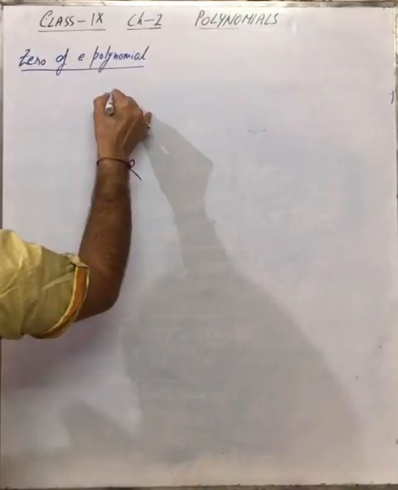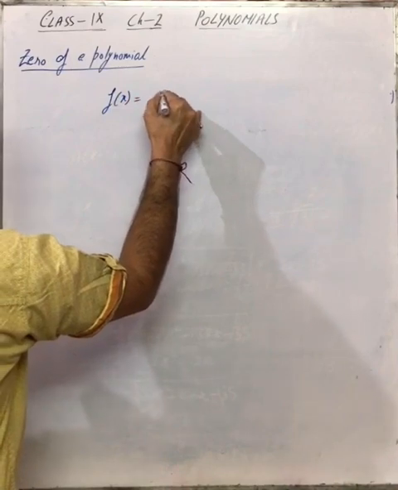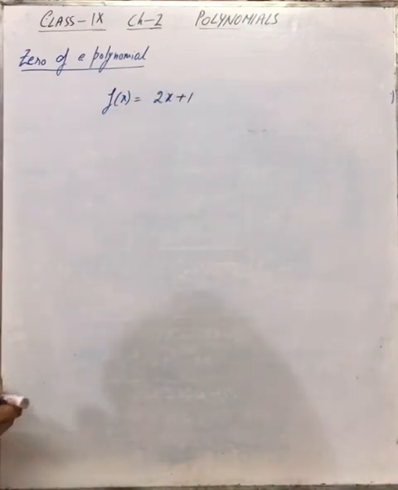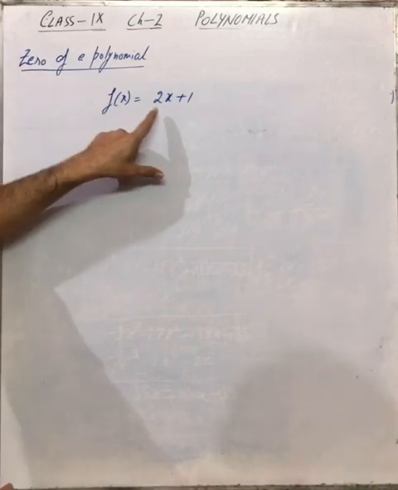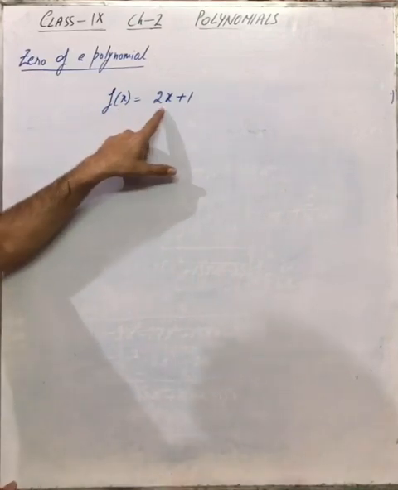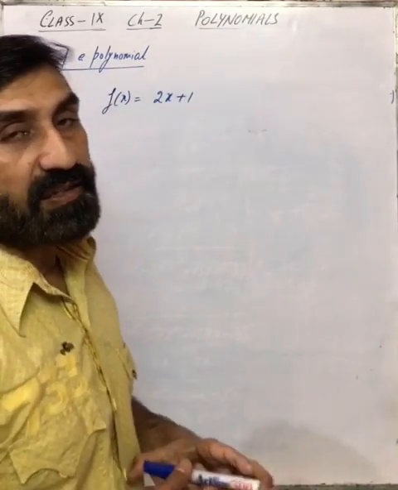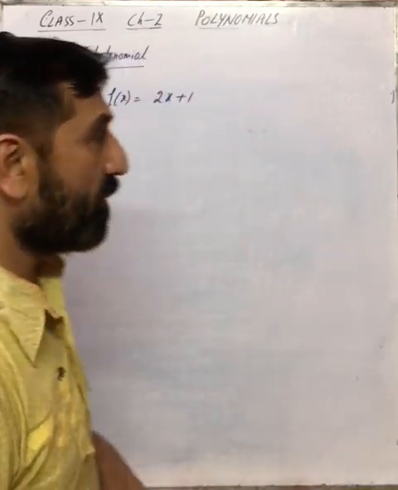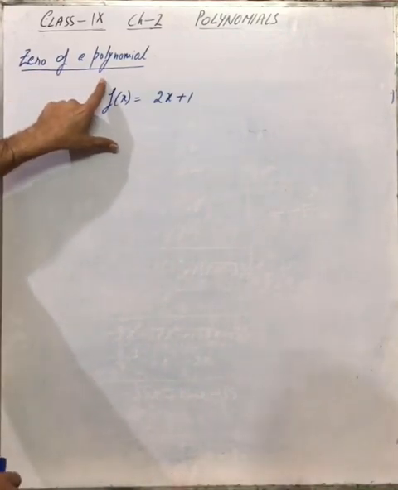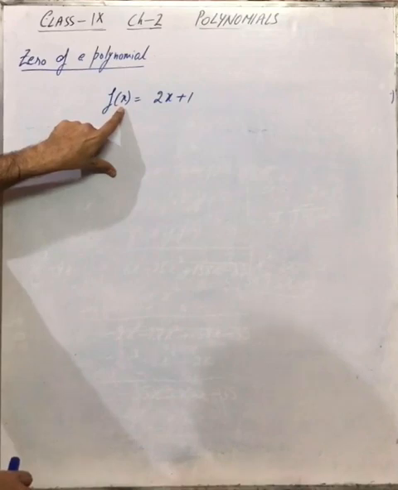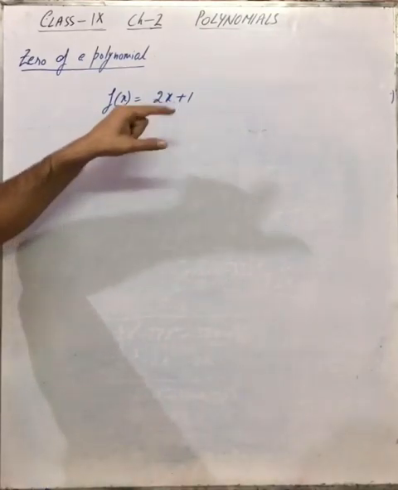Now, "vanishes the polynomial" is a new word for you, I think. Vanishes the polynomial means, suppose you are given a polynomial, say f(x) which is 2x plus 1. So zero of a polynomial means that value of the variable, that is x, which vanishes the polynomial, meaning when we put it in, the answer becomes zero. That value of the variable will be the zero of the polynomial. I hope you understood the concept. Listen again. Zero of a polynomial is that value of the variable, which here is x, which vanishes the polynomial, meaning it makes the polynomial zero. When we put it in, the answer you get is zero.